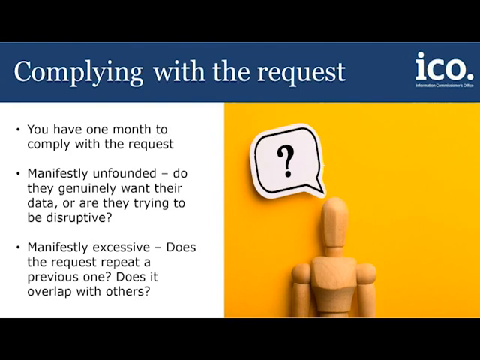One of our most frequently asked questions is whether a request can be refused because it's manifestly unfounded or excessive. Refusing a request on these grounds is a high bar to reach, so you will need a strong justification which you should document. If it's clear someone doesn't intend to exercise their right of access, this could be manifestly unfounded. For example, a tenant makes a request but then offers to withdraw it in return for some form of benefit like a reduction in their rent or a fee.